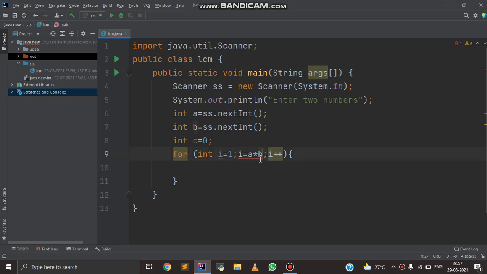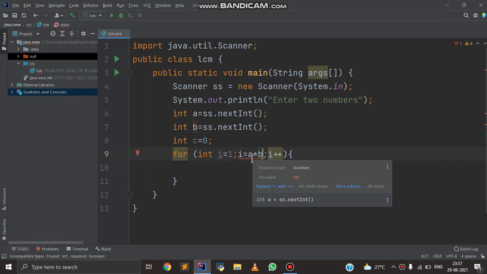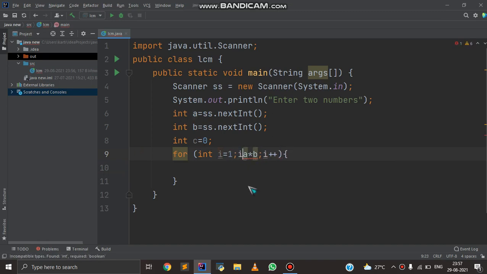we check which is the greatest number, or we should either check that it should be the multiplication of the two numbers.